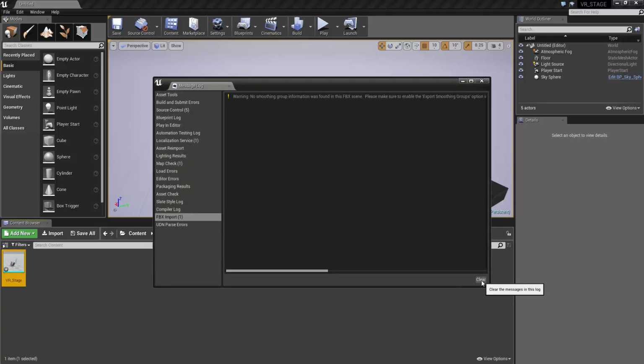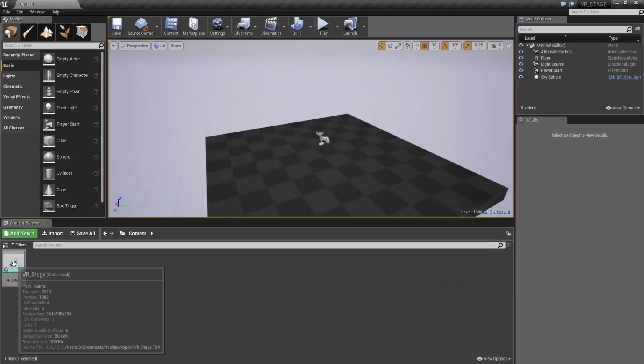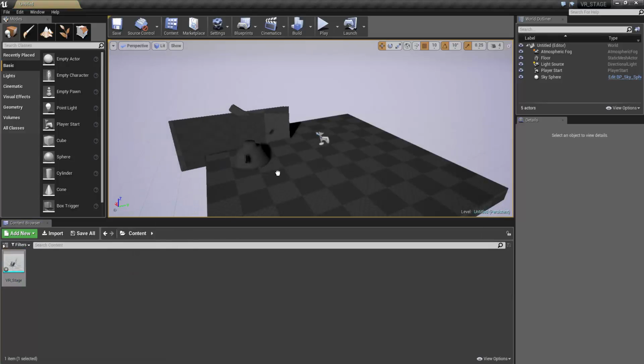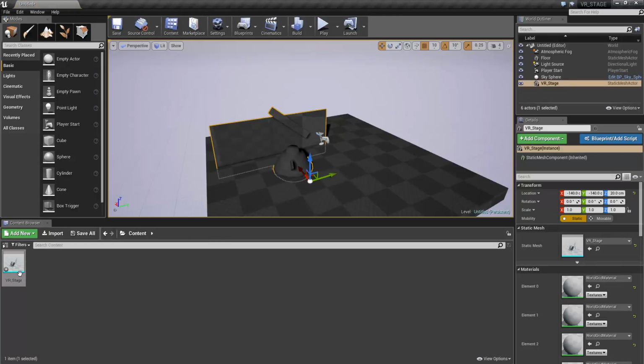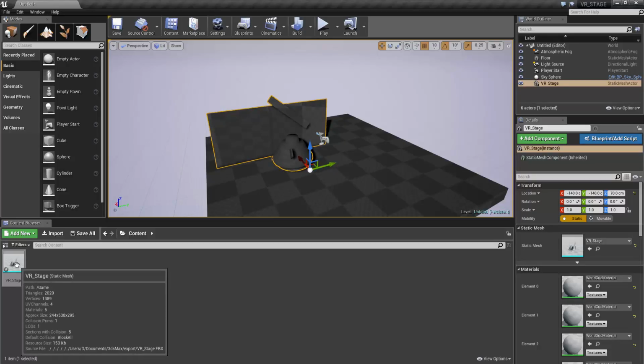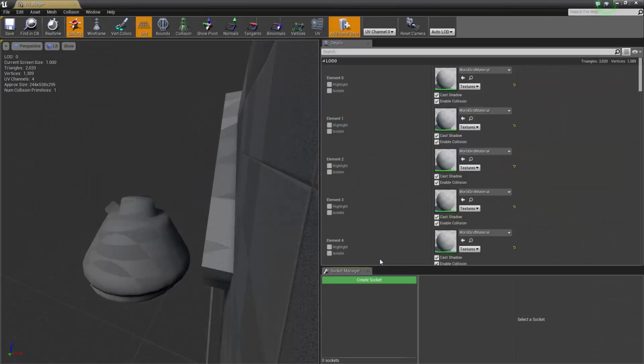And it's just going to tell me that there is no smoothing group. So I have one error, which is there's no smoothing groups, which is fine. I did not apply any smoothing groups inside of Max. So I'm going to drop this into my scene. So there is my static mesh model inside of my scene. Everything's good. If I double click on my static mesh right here, it's my model,